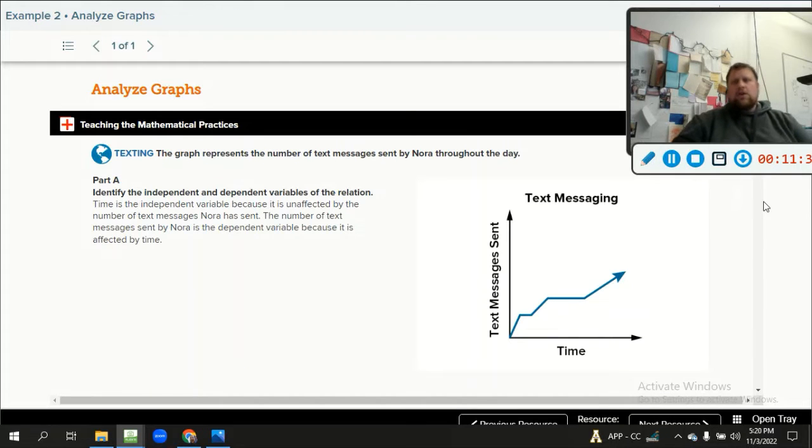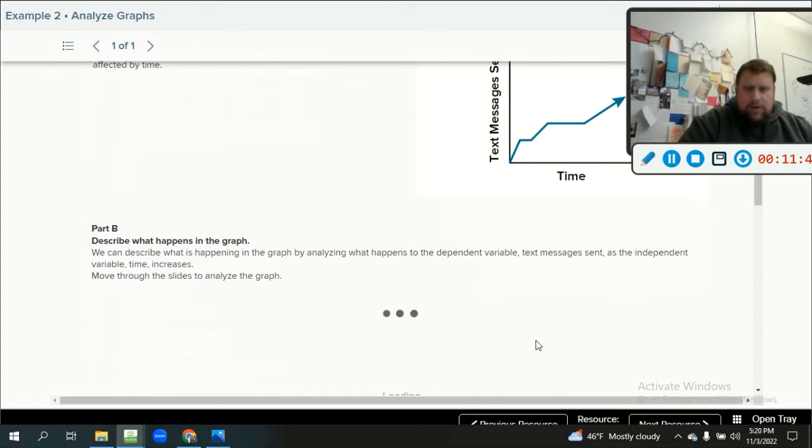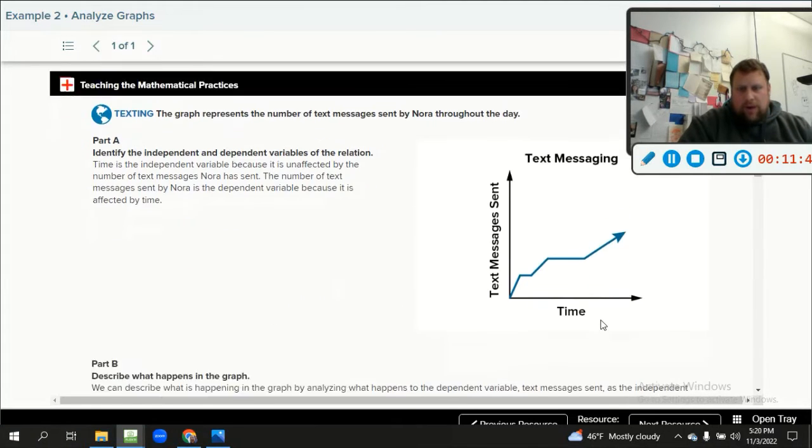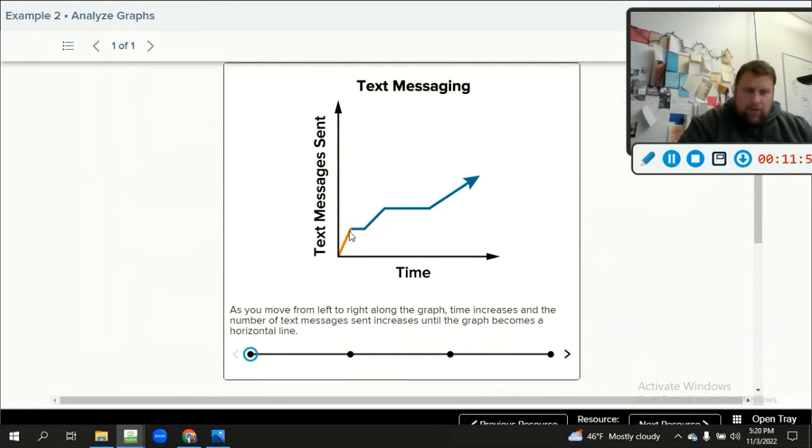All right, if you look in the lower right corner of the paper, you'll notice it has that little graph that looks like text messaging. I just want to walk through and explain what's happening. And in the text messaging graph, what's happening in the first little bit? Well, it says as you move from left to right along the graph, time increases and the number of text messages sent increases until the graph becomes a horizontal line. So right here,